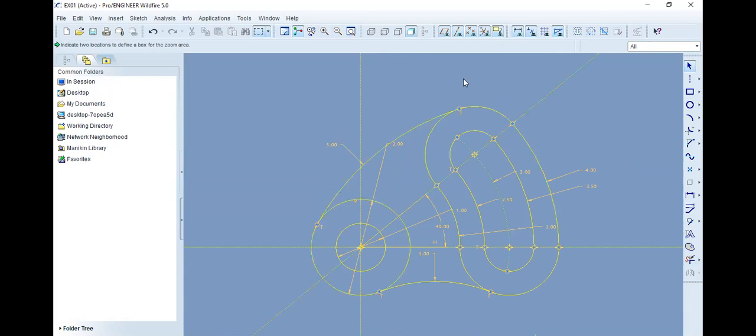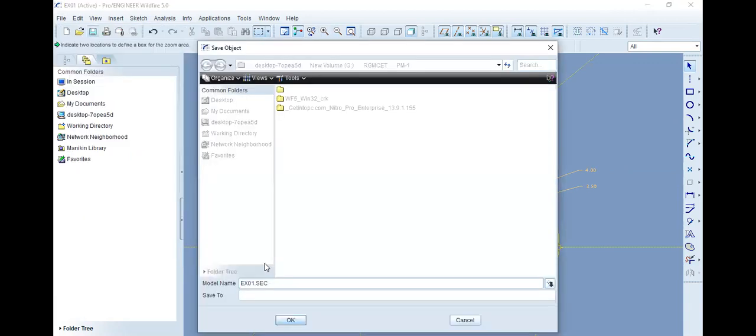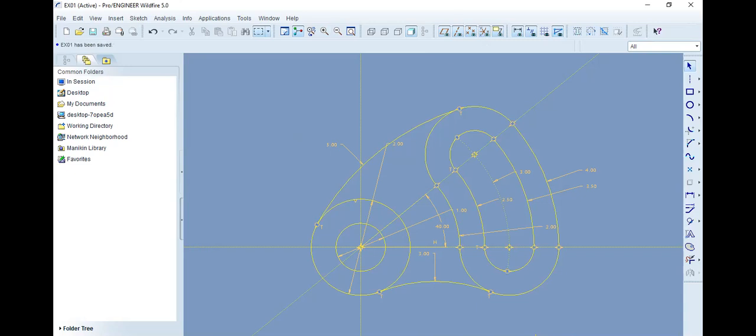Then you can go to the file and save the sketch. So this sketch I'm going to save, and you can select the folder in which you want to save. Click OK. Right? Then this is your experiment number 1.